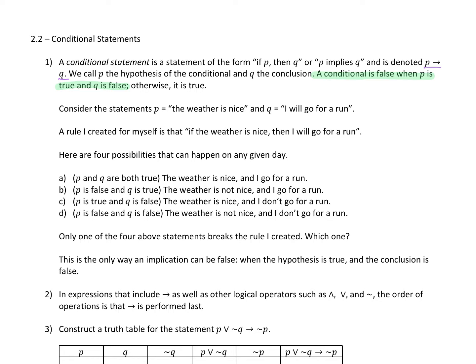So there are only four possibilities that can happen on any given day, right? P and Q are both true. So it's true that the weather is nice, and it's true that I go for a run. Good. Followed my rule. If P is false and Q is true, so the weather is not nice, but I did go for a run, that's okay too. I did not break the rule, right? The rule is if the weather is nice, I will go for a run. It doesn't say anything about what I will do if the weather is not nice. Okay, so that one is also